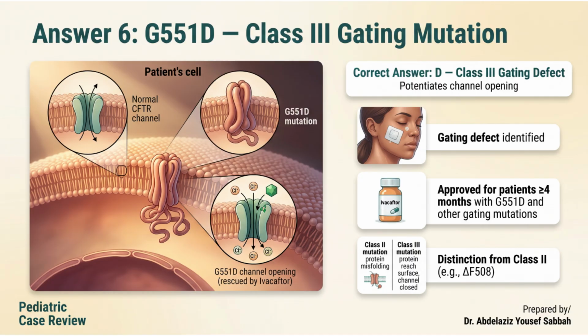G551D is a Class 3 gating mutation. In a Class 3 mutation, the chloride channel protein is actually made and does reach the cell surface, but the channel gate fails to open properly. This is fundamentally different from the Class 2 delta F508 mutation, where the protein never